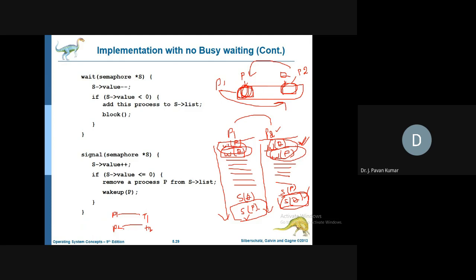Similarly, if P2 gets both the things, then P2 can release both. But only one thing is held by P1, and another thing is held by P2. P2 can release the second thing only when it gets the other thing as well. Similarly, P1 will release